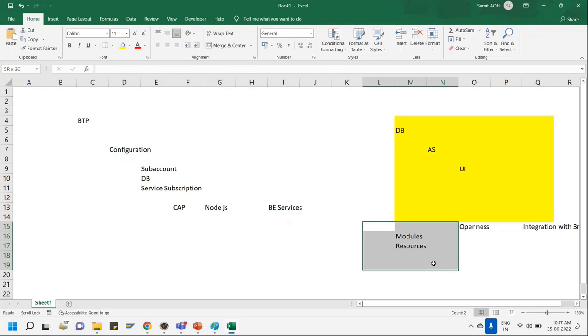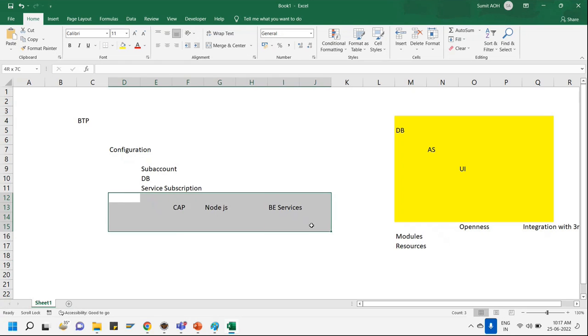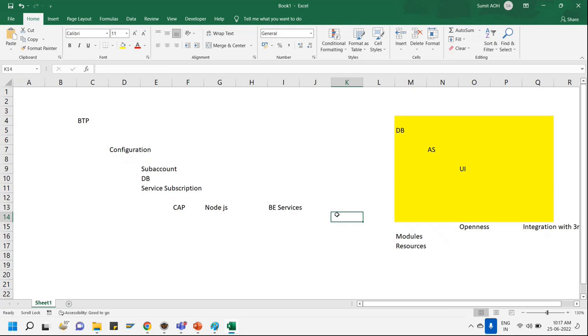And all these resources we would be able to connect because the application development platform which BTP is providing is MTA based. And by MTA based, I mean it allows us to create a multi-target application.